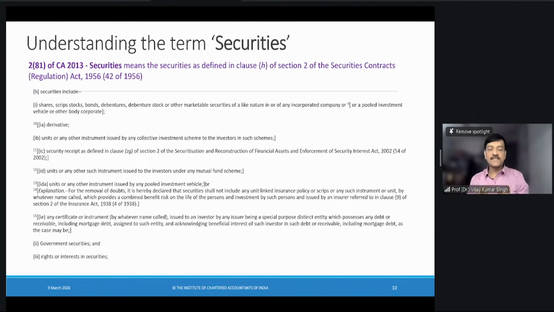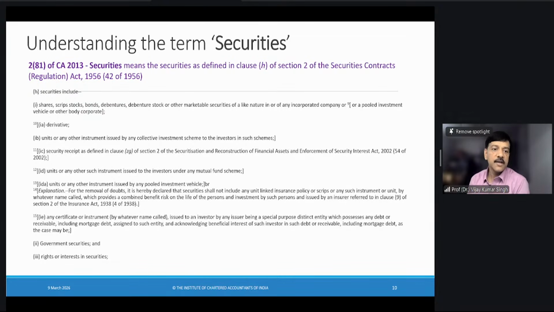As you can see, this first clause itself is very broad. It includes equity, it includes debentures. It is basically talking about the term marketable securities. What is a marketable security? A marketable security is something which you can sell over the counter, which you can easily trade. Land is not a marketable security. However, a share is a marketable security. A debenture is a marketable security. A bond is a marketable security, which you can take to the share market and sell or buy. This is what is referred to as marketable security.